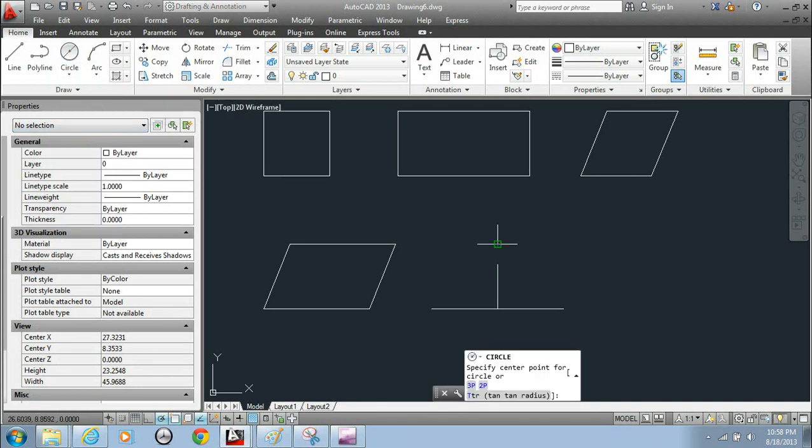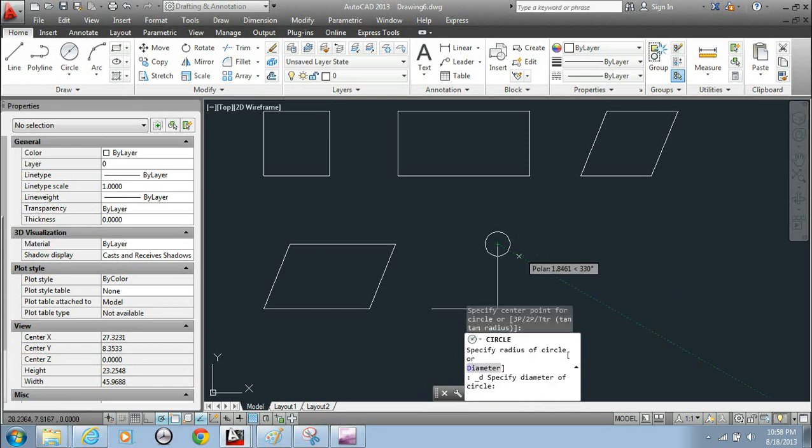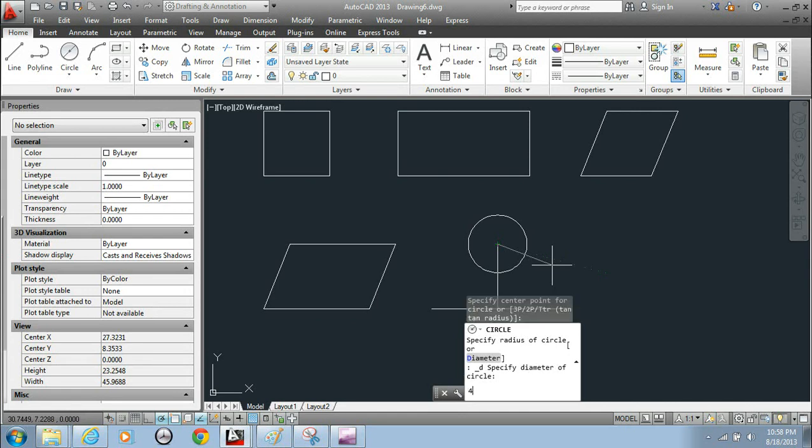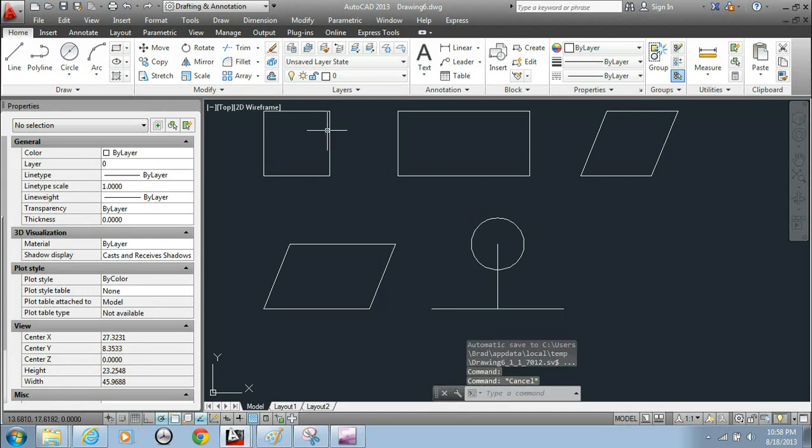I'll choose this endpoint as the center point and pull the circle out just like this, and now it asks me to specify a diameter. Let me type in 4 and then enter. Use the line command and go from quadrant to quadrant. Now I can erase the circle and then draw a line from endpoint to endpoint on both sides. I should note that it's important that you never draw lines on top of one